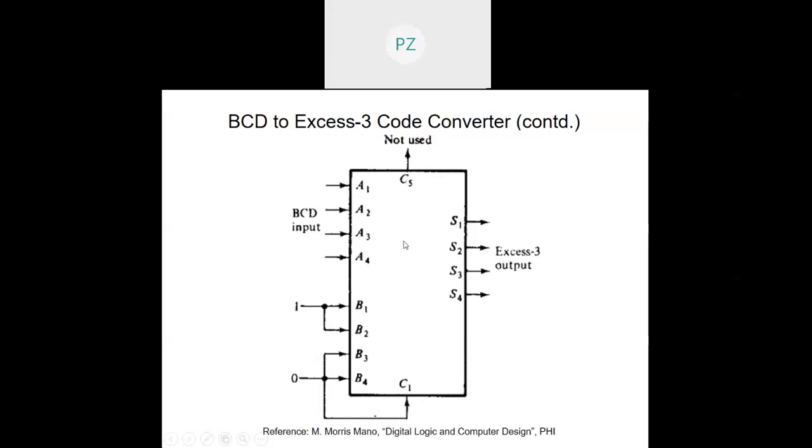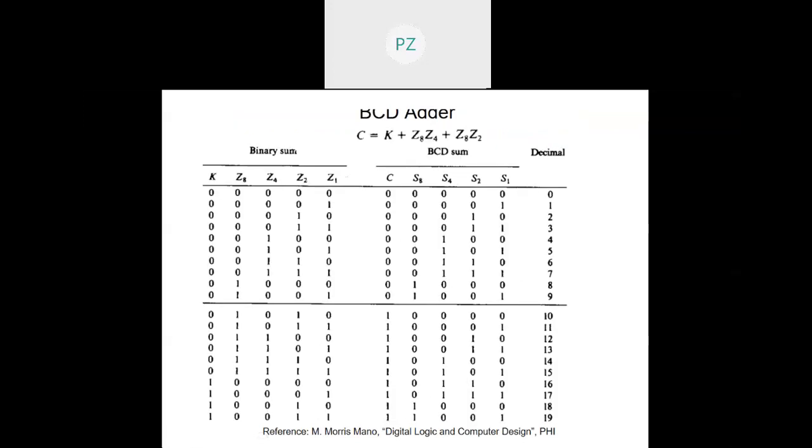So I can use the 4-bit adder, the one I showed you as the ripple adder, for BCD to x3 code conversion as well. Okay. Now this is very interesting. The BCD adder, which is also alternately called the decimal adder. Try to understand the truth table first, and then we will see what is happening.